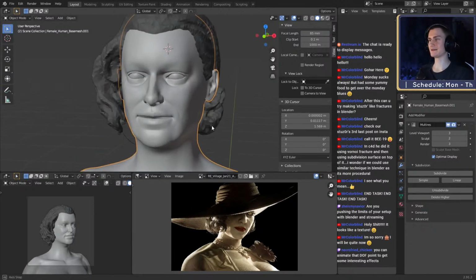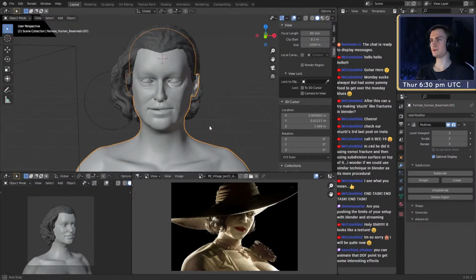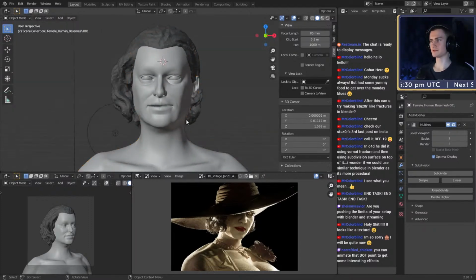But I think I came pretty close with this. There's probably stuff you can improve, but once we're done with texturing and giving her clothes and eyelashes and all that, I think it should look pretty good.